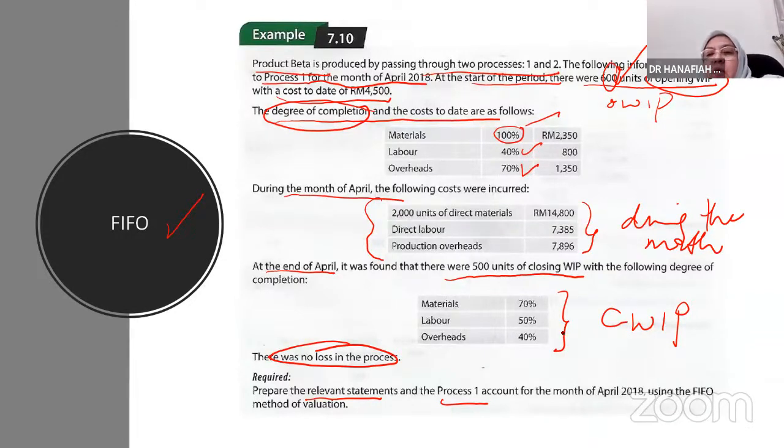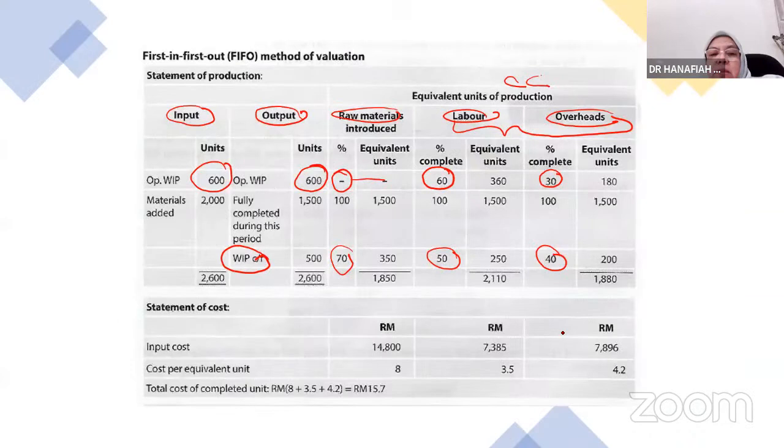However, for the degree of completion when opening work in progress, you have to do 100 minus 40. The remaining will be settled this month. So that's why these are the figures, or the percentages,